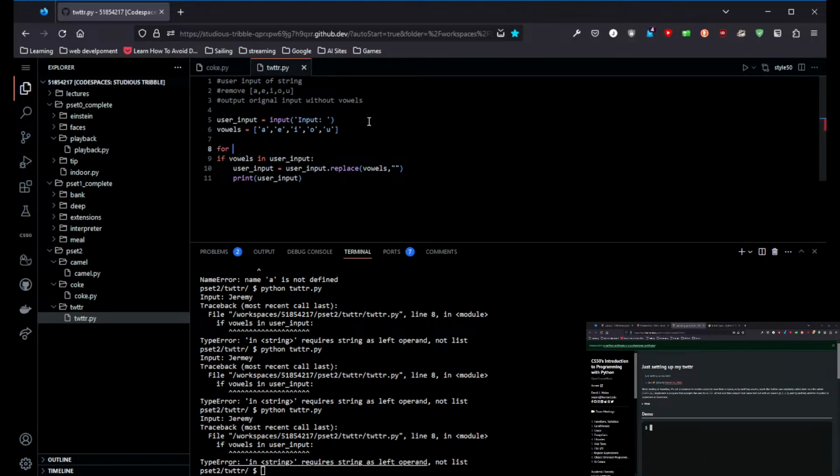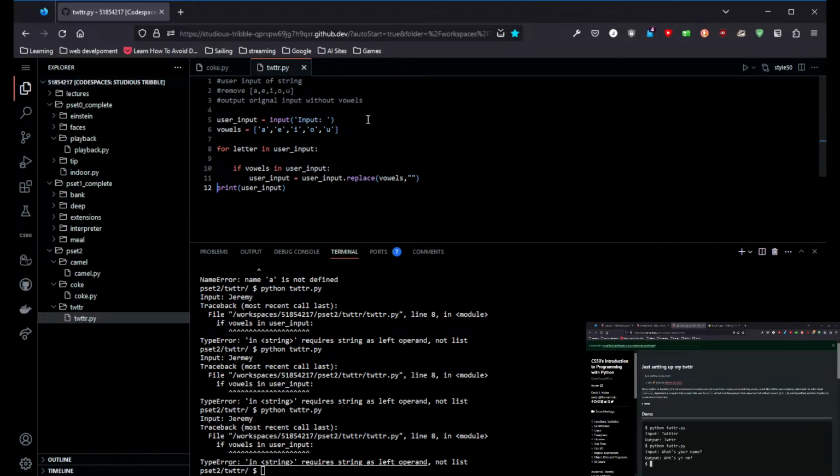And then for each letter in user input, if letter